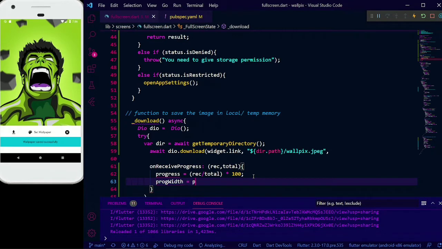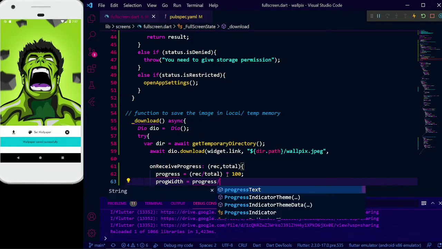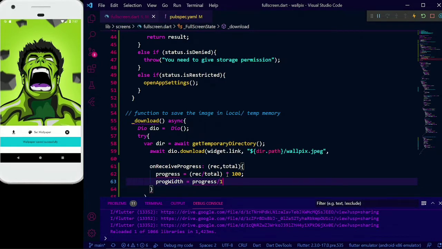If it is 100%, then the width of this animated container would be the whole width. So we are going to calculate the percentage. If it is 100%, then it is total width. Progress by 100